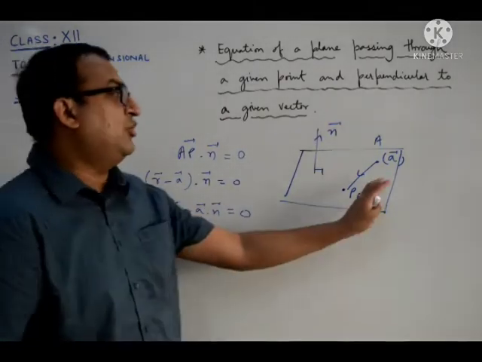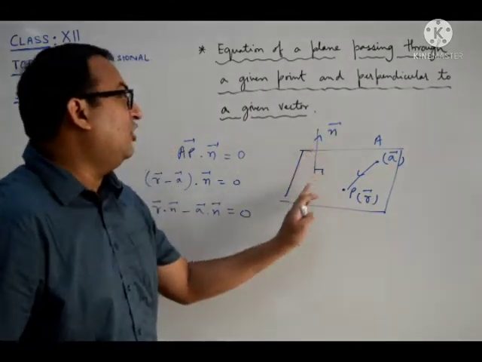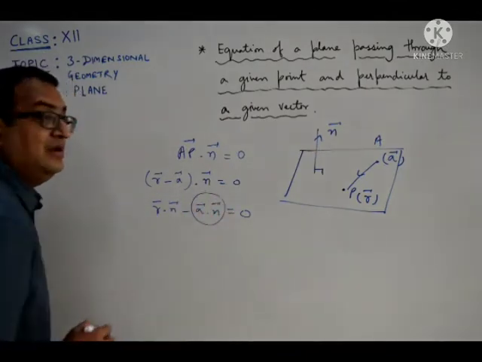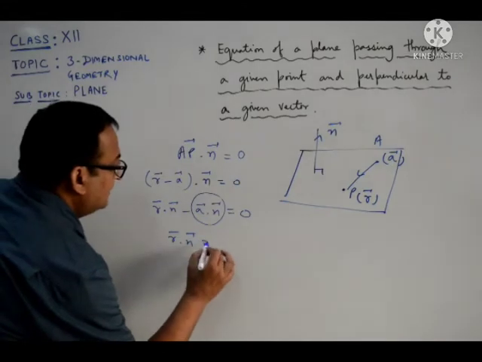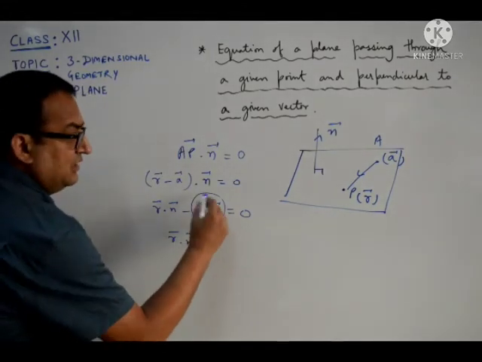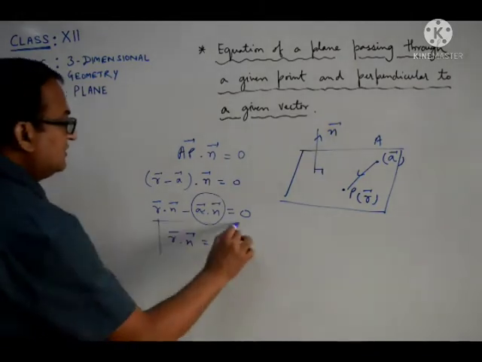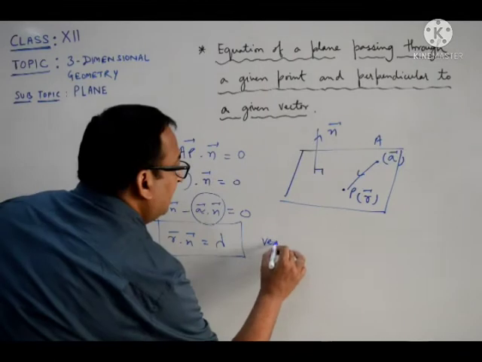We have this passing point, it means we have this A vector and we also have this normal vector, so A dot n is a scalar you can easily calculate. So R dot n is equal to this scalar, which will go to the other side, and call it lambda. So this is the required equation of the plane in vector